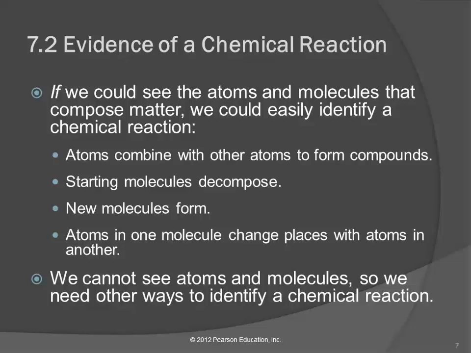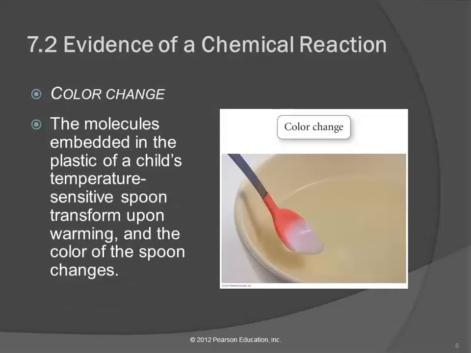So it's important to understand at that particulate level what's going on in a chemical reaction. We're just rearranging the atoms, okay? We can't see that happening, but there are some things that we can observe, and we call this evidence for a chemical reaction, the different things that we can observe. One thing we can observe is a color change. So if we see a permanent color change,